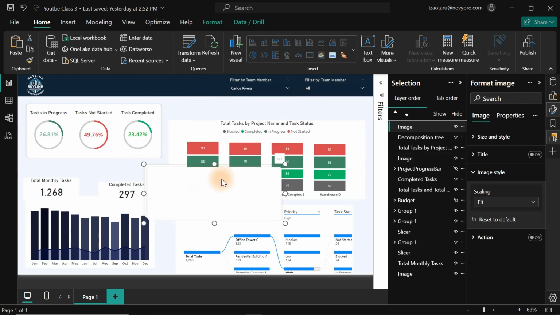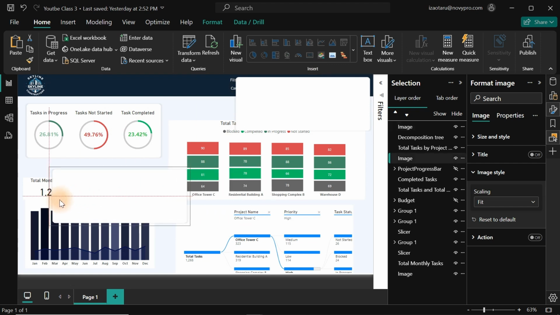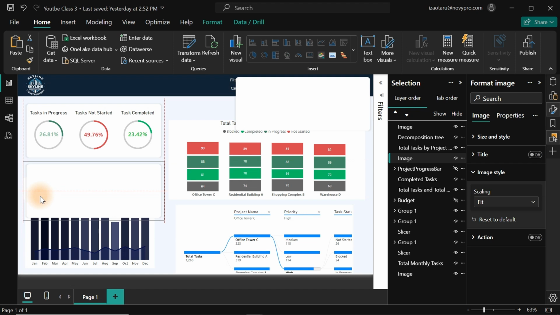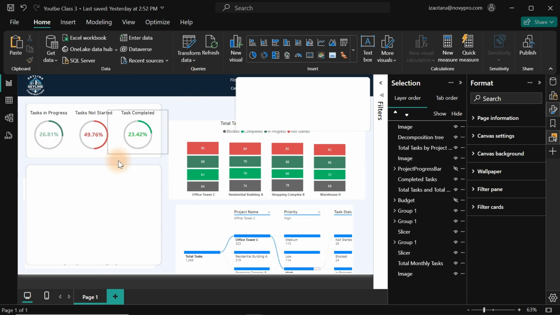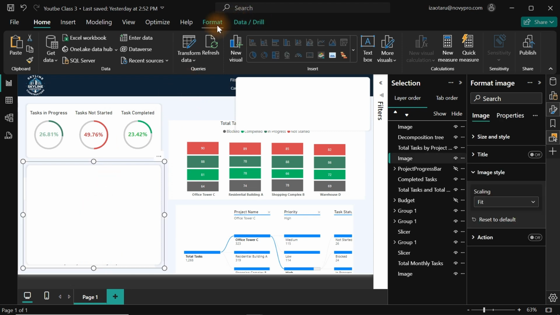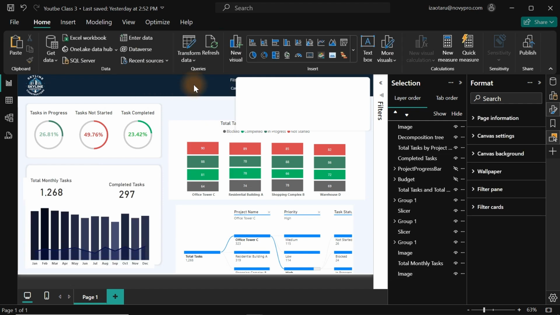Ctrl C, Ctrl V. So we keep the duplicate here. And this one here should come into this particular part. You get it right now? So once it is here, we bring this down. And now, here we go. So we have to make sure we send this one here. We send it to what? Send it to back. Send to back. Nicely done,